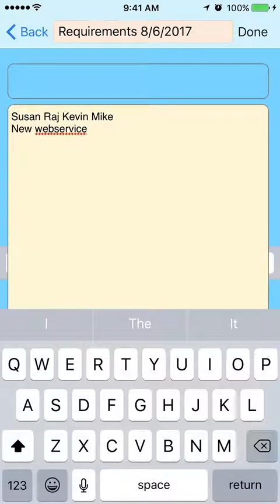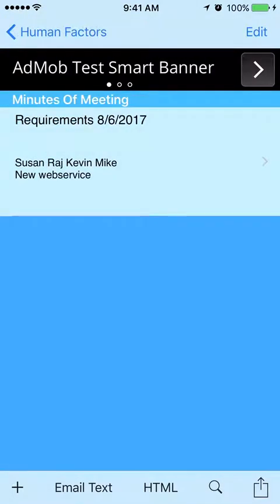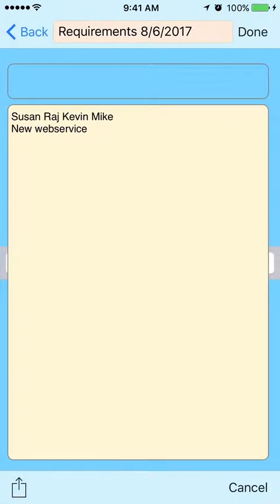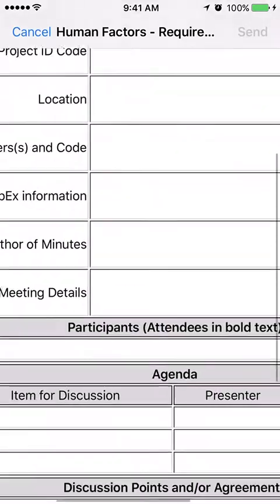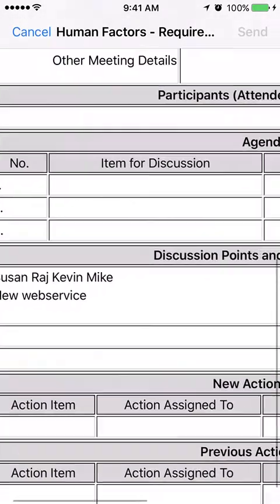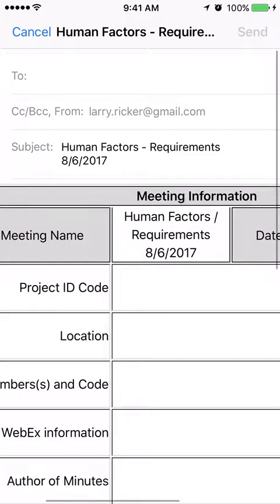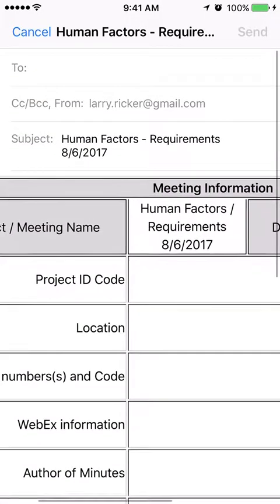You make a lot of decisions. Then you get done with your call, and you want to send out minutes. So you can open this up again, and you touch the action key here on that project, and it'll create minutes. Nice little format for you,